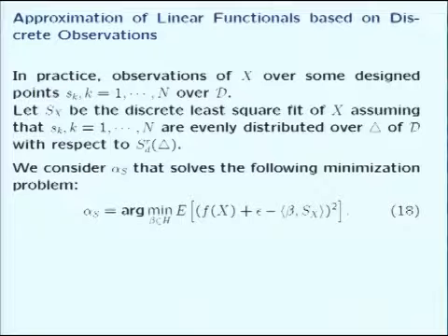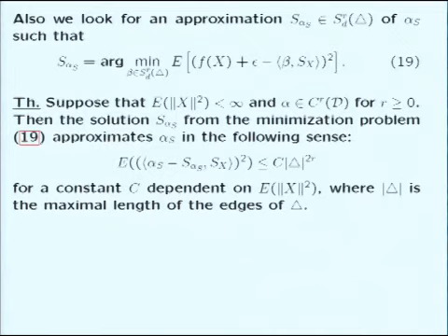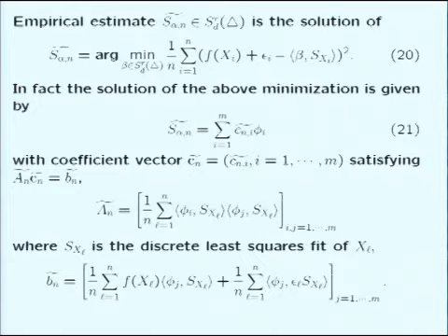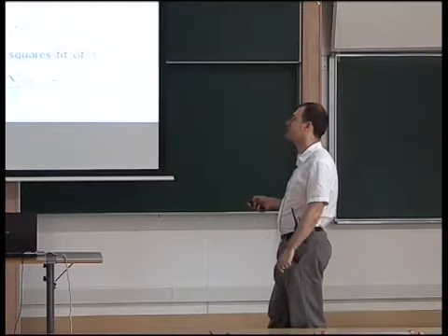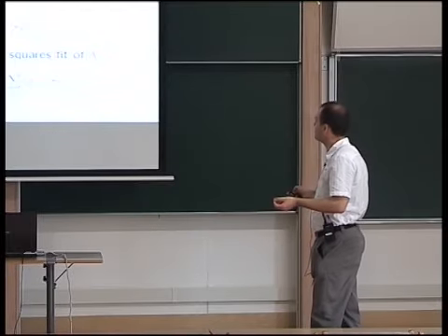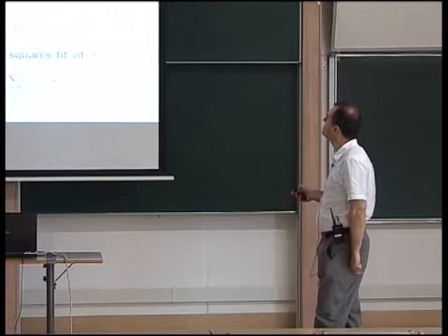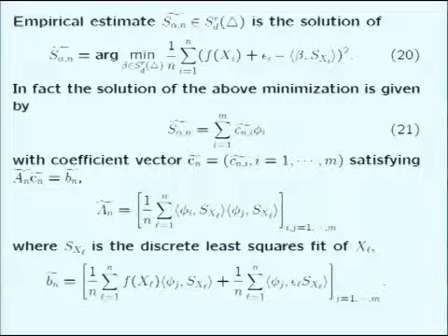So we solve the same minimization problem, but we replace X by Sx here. So this is the functional plus the noise, and we do this. Again, we replace the space by the space of splines here as well. And under some assumption, we can prove, again, the same type of result. But what is important is that we can carry on as well. We can continue to look at empirical estimates based on discrete observations and spline approximation of the discrete observations to find a solution to this problem.